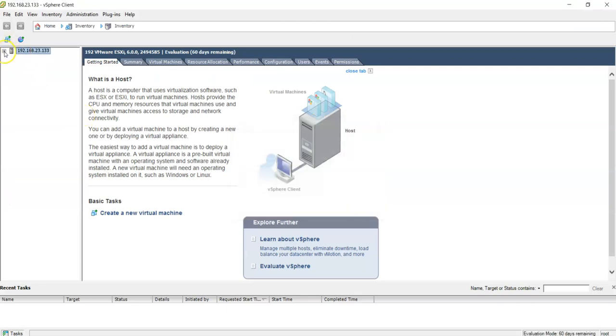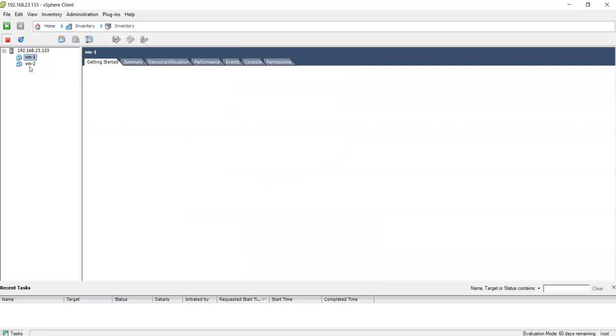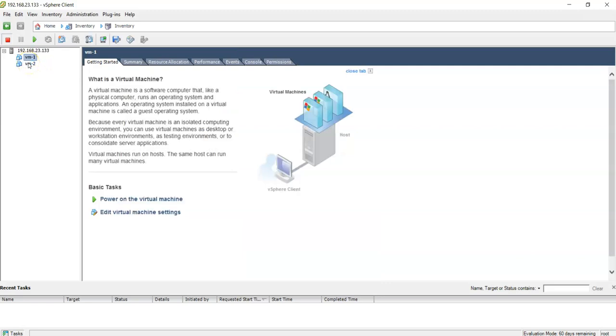Okay, so you can see this is an ESXi infrastructure which I have. I have two VMs which are still shut down, but I can still power them on and use them.